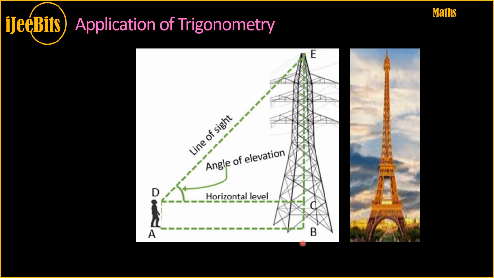This is another application. I say here a high power electric pole, but the same application can be leveraged for finding the height of the Eiffel Tower if you use trigonometry. Likewise, this is another example